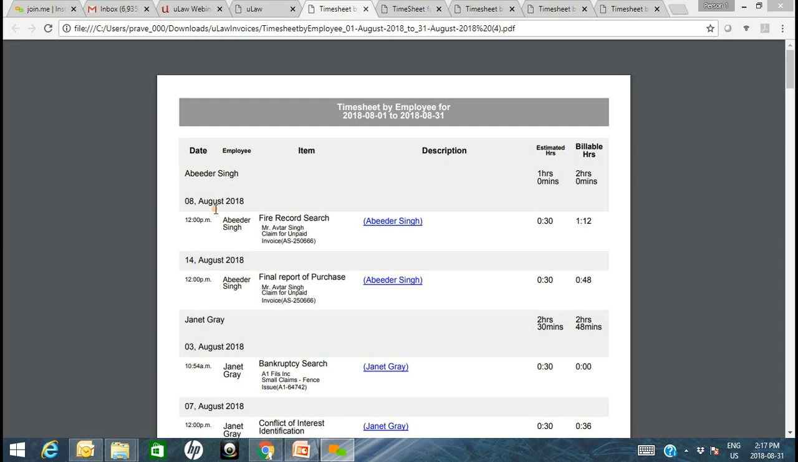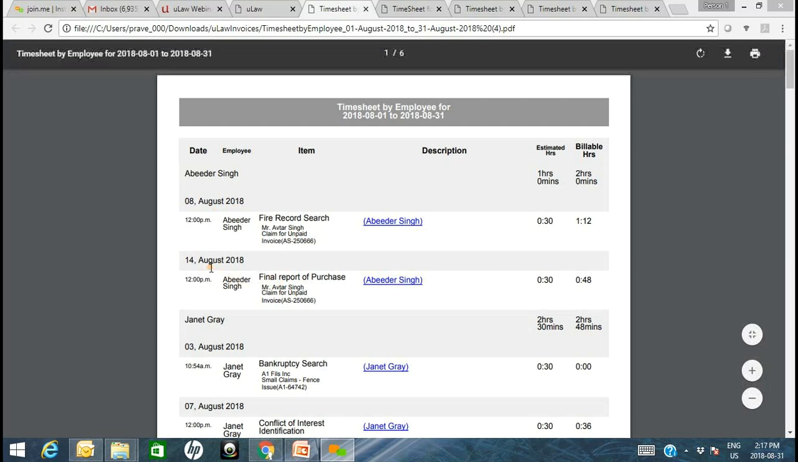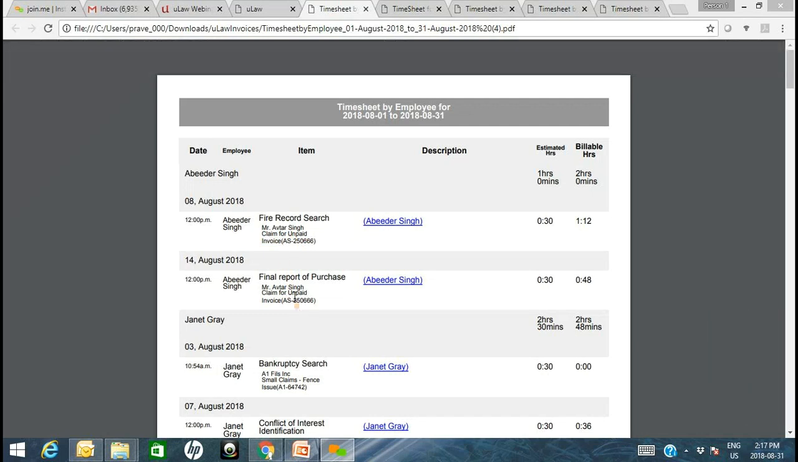So right away you could see that Mr. Abdir Singh had just worked on 2 days on 2 different matters, or maybe it was the same matter. So he just worked across 2 days, and he spent a total of 2 hours, say, over this particular month. You can see he worked on Mr. Abdir Singh's file record search as a docket for the same matter, AS 25066,